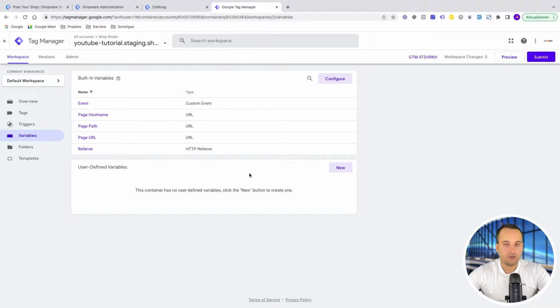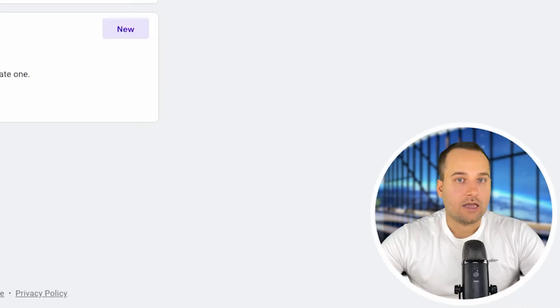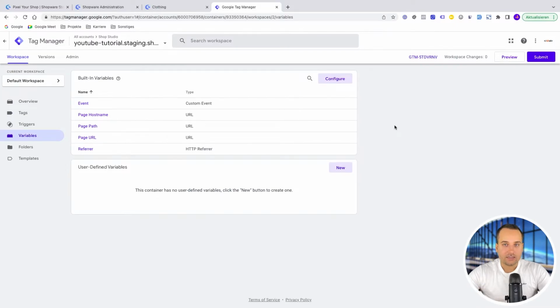You can just download it and install it to Google Tag Manager, and of course just configure your IDs like the Facebook Pixel ID and Google Analytics Stream ID, and there you go. It's just all then. To find and download the Google Tag Manager template, we need to go to the Shopware